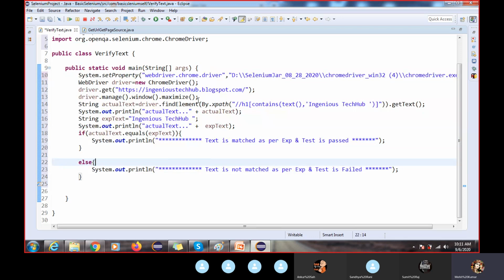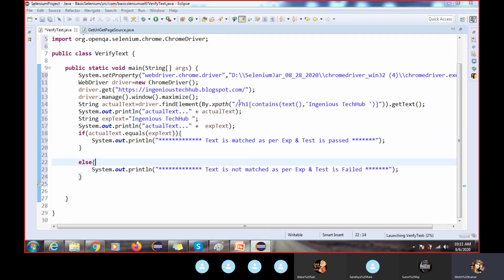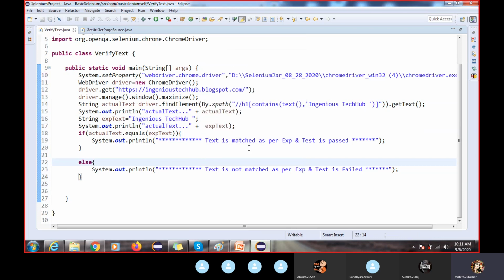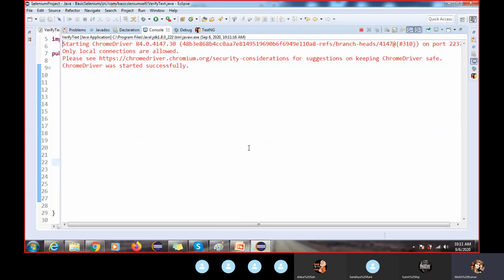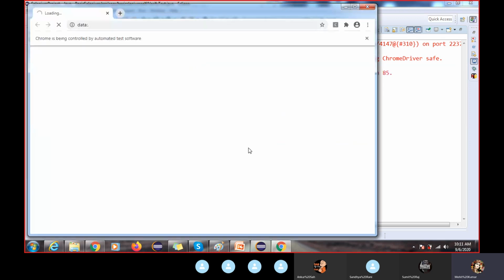Okay, so I'm going to execute. Same as I told you, how this code will work: the .java file will convert into the .class file, it will interact with the JVM, and the JVM will search for the main method.